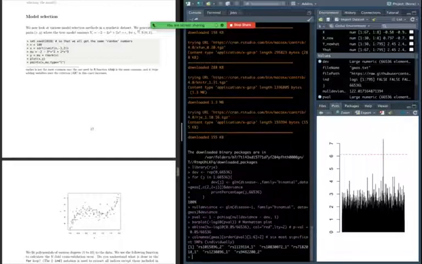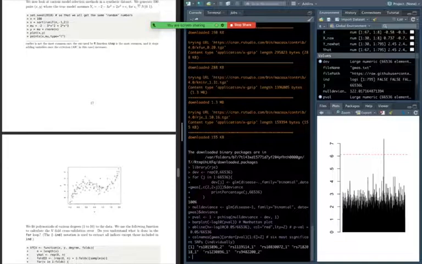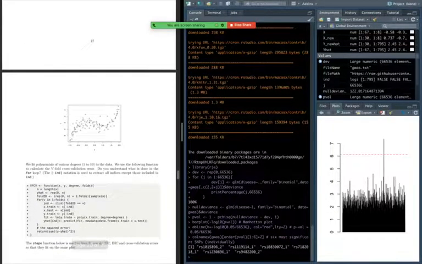So the design matrix can contain columns that are just the powers of some columns. That's fine. So we generate this sort of polynomial data in some sense,